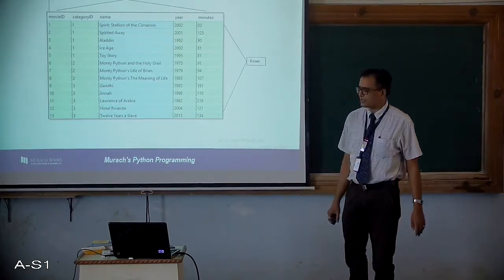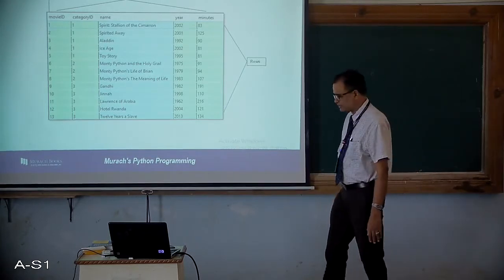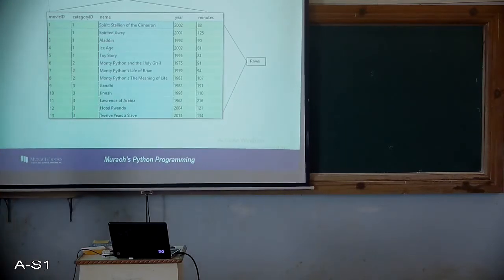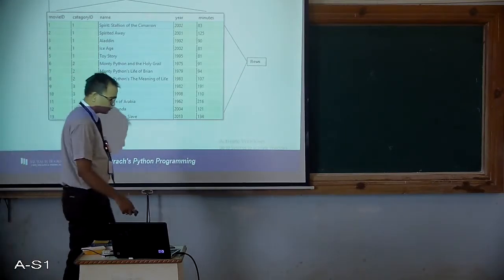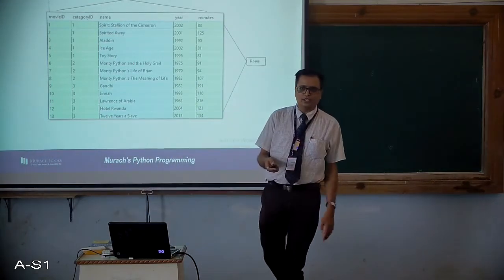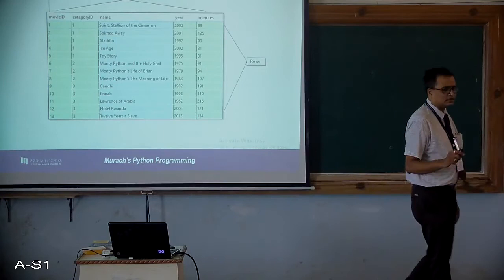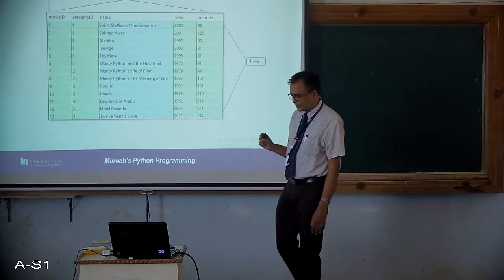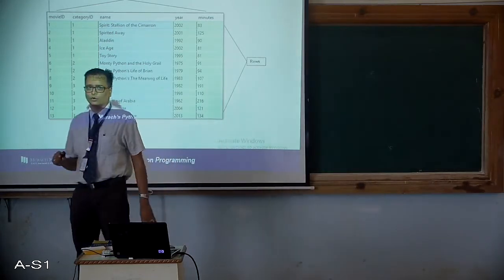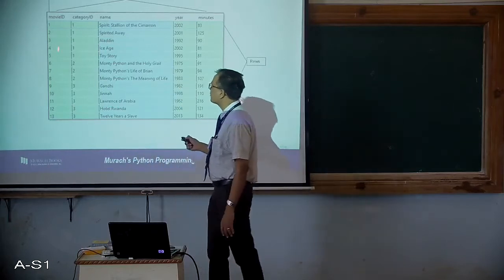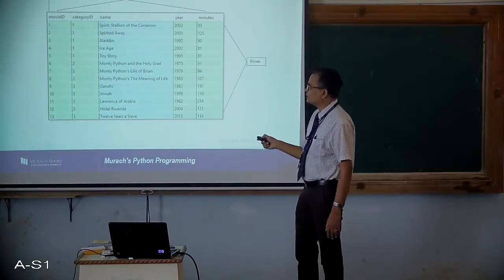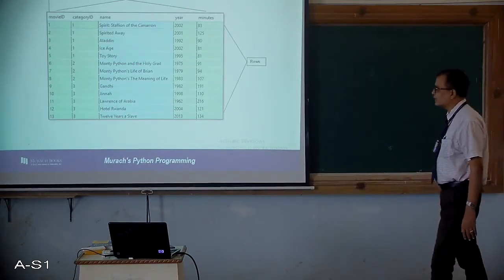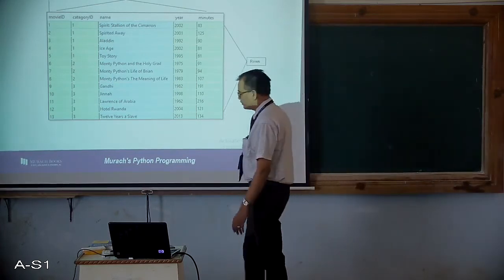Every table has a primary key, an attribute which uniquely identifies each and every entity, or each and every row of data in a table. Hope all of you know what a primary key is. A primary key uniquely identifies every entity in a particular real world scenario. In this case, movie ID is considered to be the primary key. This primary key should uniquely identify each and every movie in that movie table.